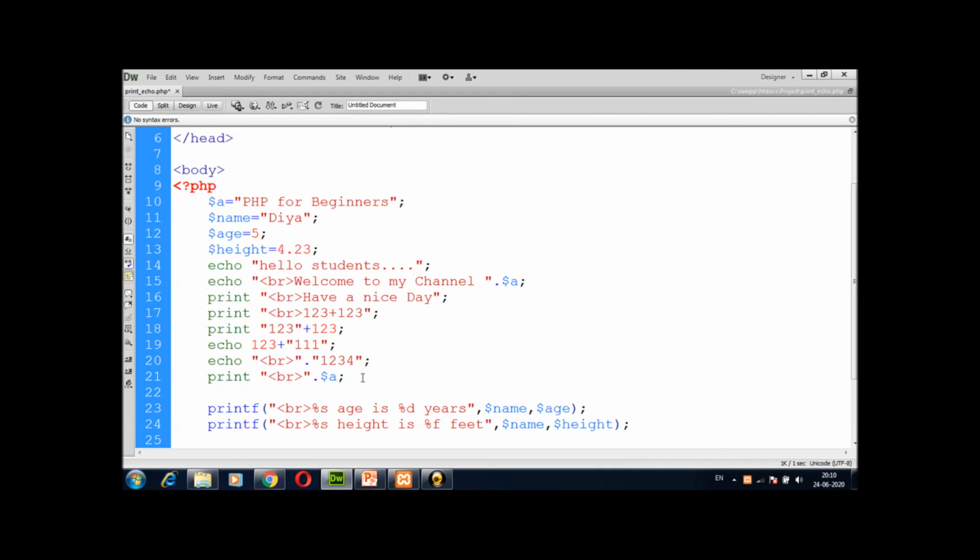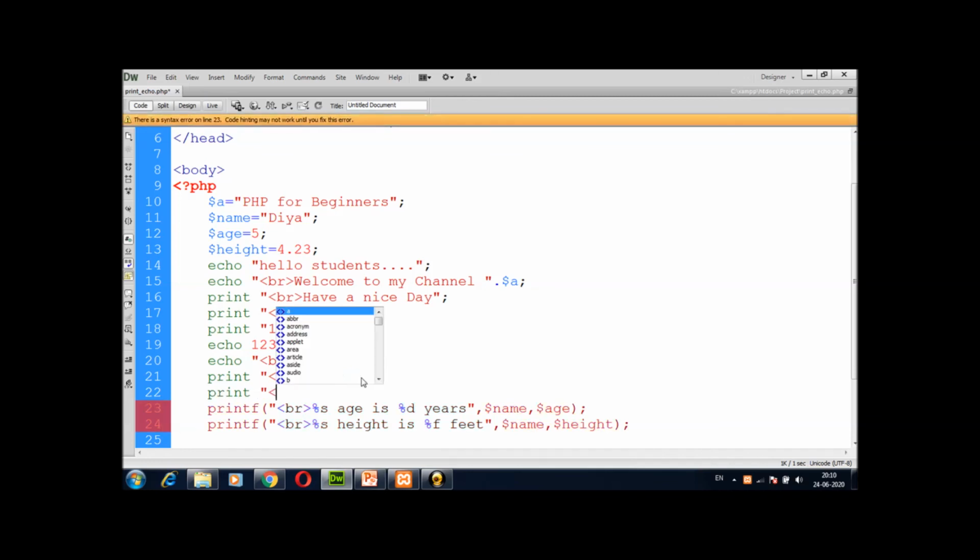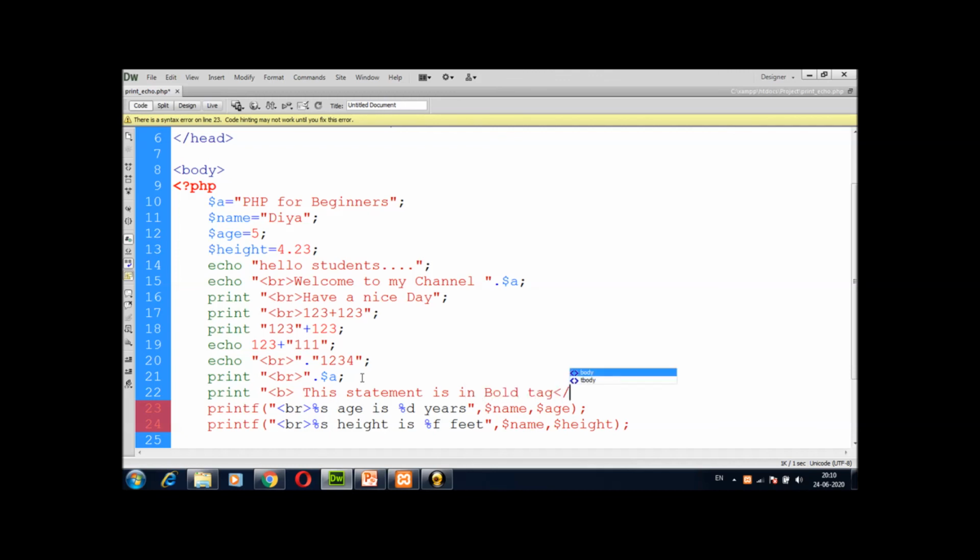If I want to bold my statement with print, I can use any HTML tag. I use the bold tag here, and then I print this statement in the bold tag, and I complete the bold tag and double quotes.